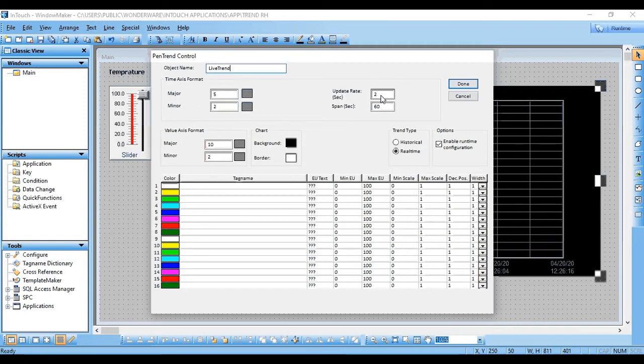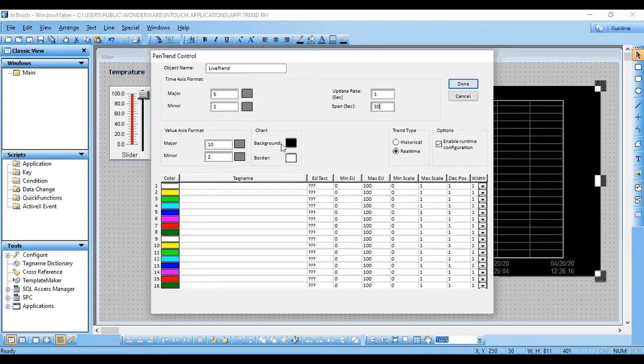Now I would like to change the update rate to 1 second, so it will update the value every 1 second. The span is the initial value, the starting value of the chart, and the ending value, so it will give the current 30 seconds of monitoring.